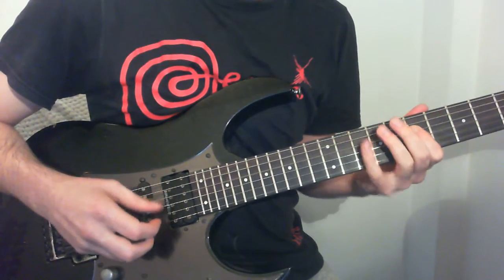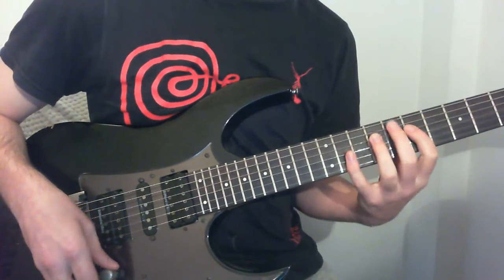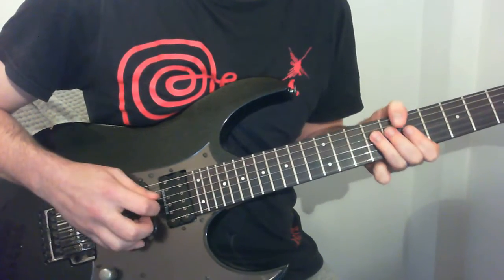So that other bend that I did there is bending the 2nd up to the 3rd. So that's in Aeolian. It's in the Aeolian scale, but it's not in the blues one, so you do get quite a nice